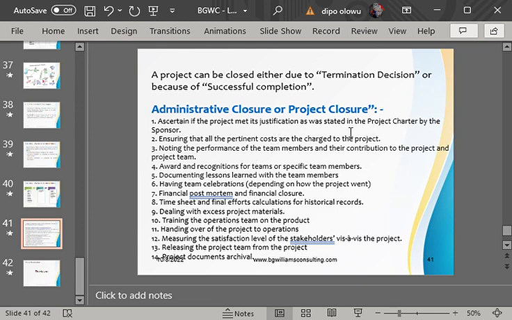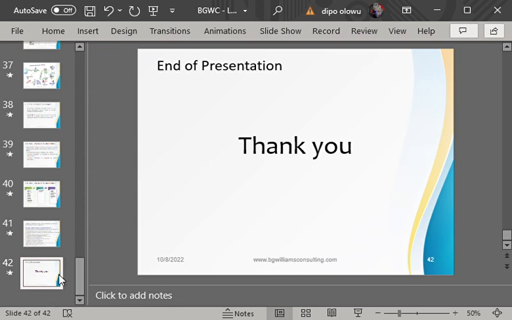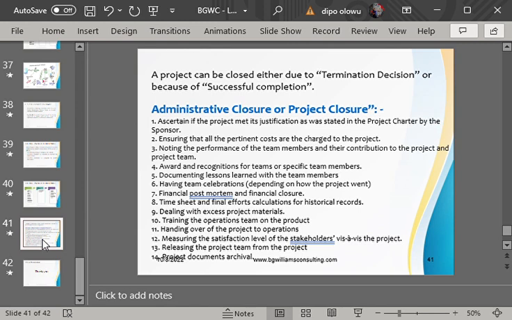For the purpose, all these are administrative. Now, for the purpose of the exam, at what point can we close a project? Let me rephrase that question.